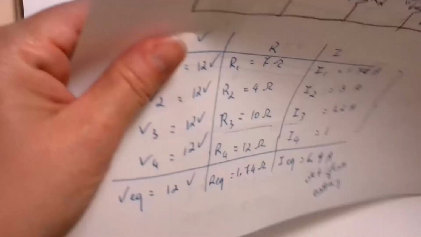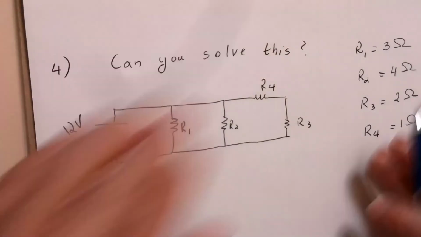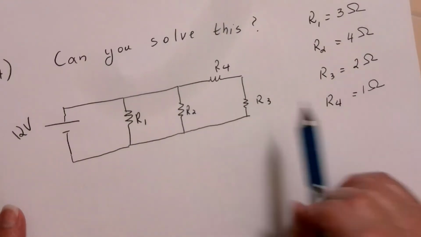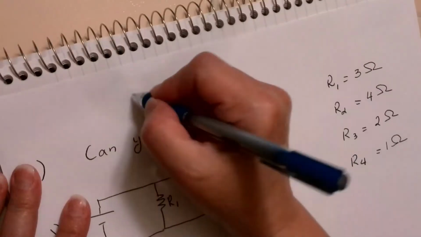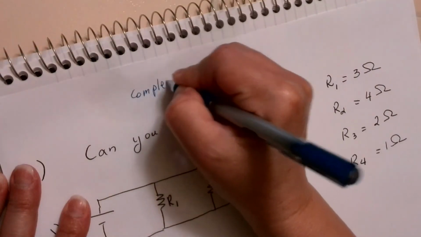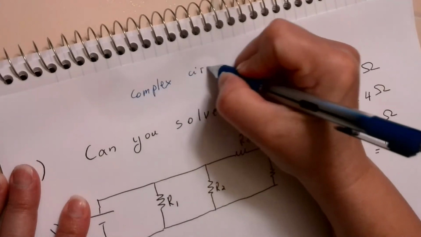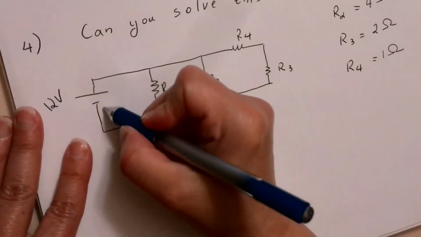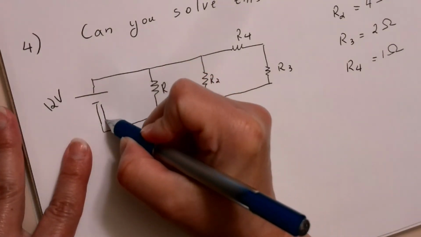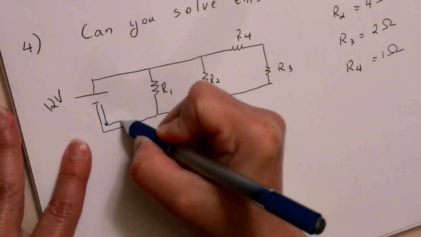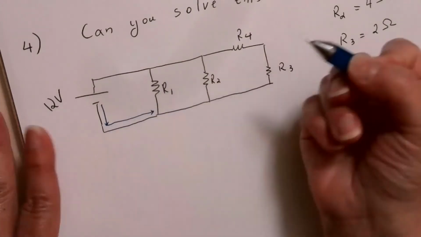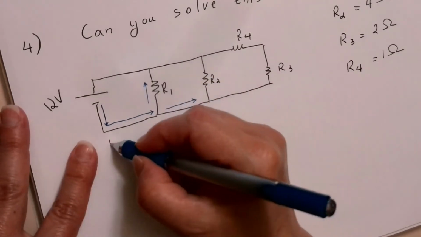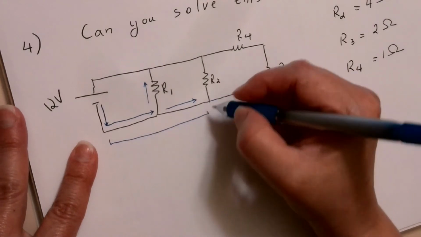Then the last one was the one that was a little challenge and will probably be extra credit in your test. Can you solve this? So this is actually a complex circuit. Okay, it's complex because you have two different things to go over here. So here you're starting from the current coming out from the battery. Okay, you go here. Now you got to raise your pencil. You cannot keep on going because some goes here, some goes here. So this part here is a parallel